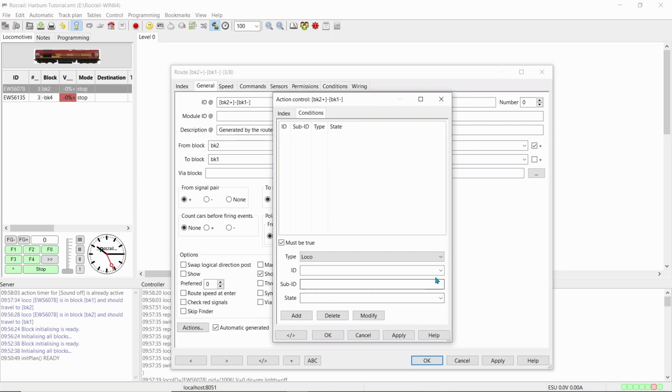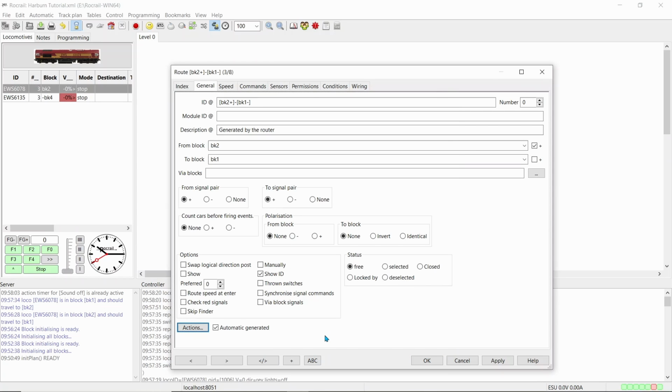The loco and the ID is 78, and modify, add, apply, and OK. So that's the light setup and the sound setup.